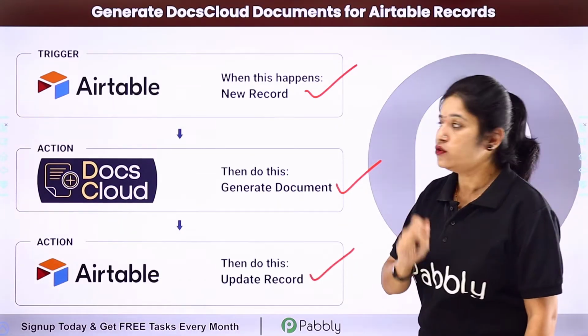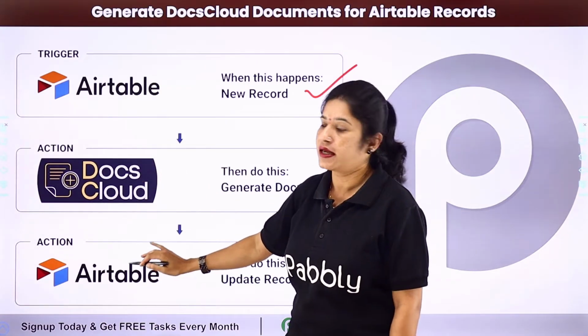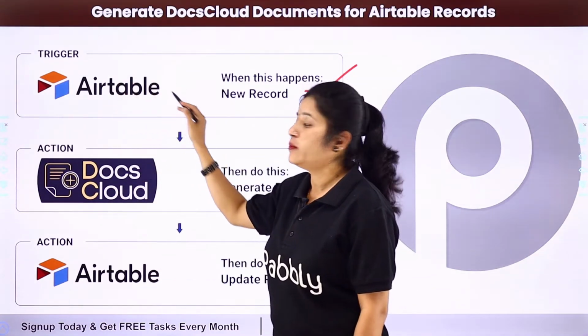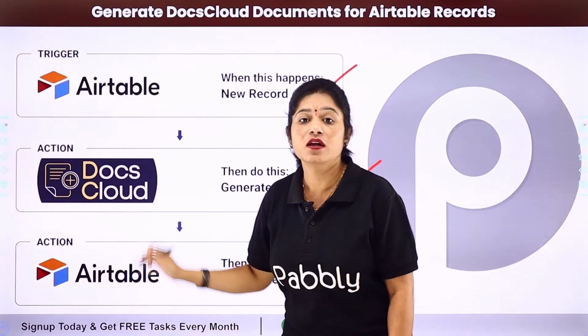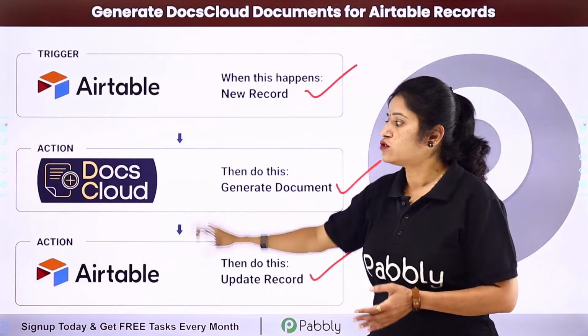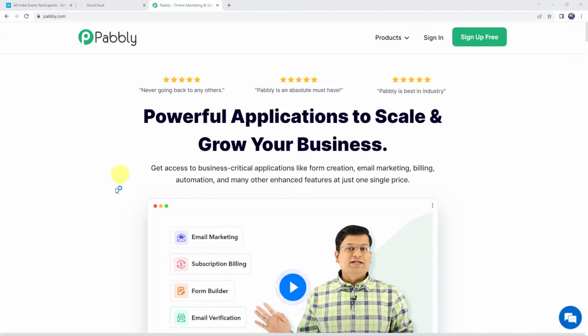For that, you need to integrate your Airtable with DocsCloud and then with Airtable once again. So here your trigger application would be Airtable and your action application would be DocsCloud and Airtable. So how can you integrate all these software applications using Pabbly Connect? For that, you need to come to my screen. So to integrate Airtable with DocsCloud, first we need to log into